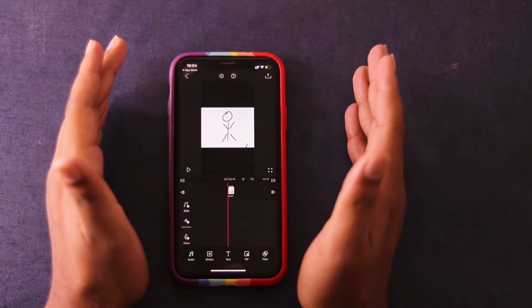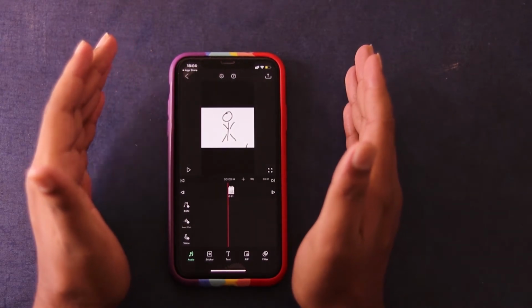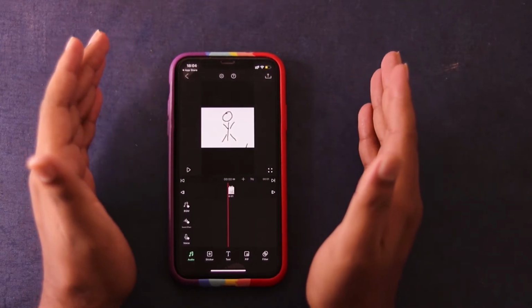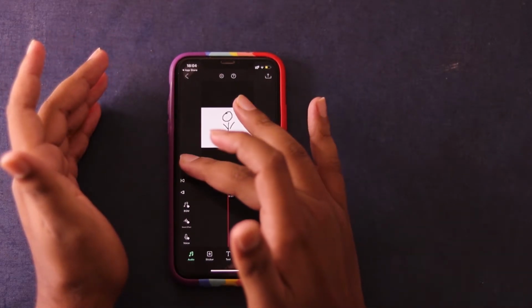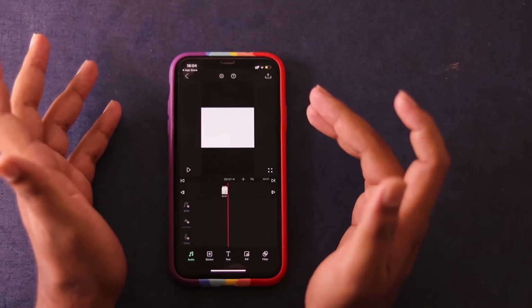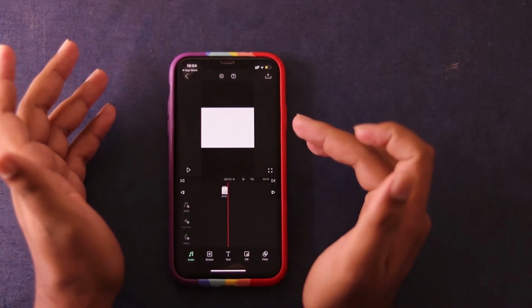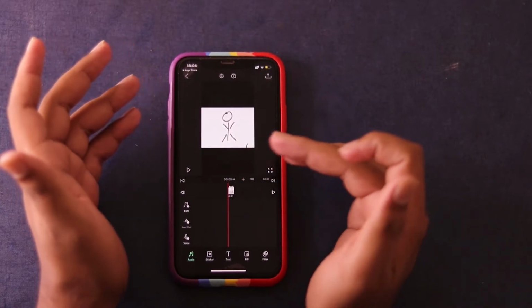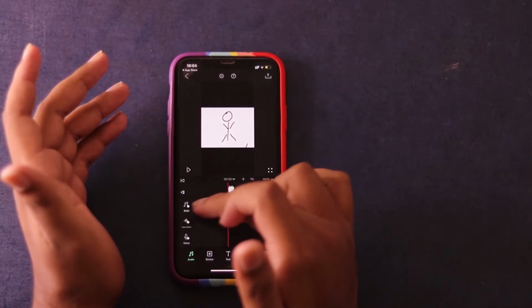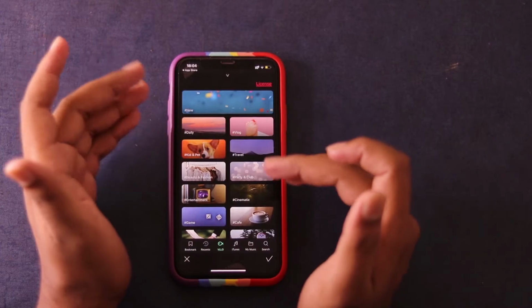You can see similar settings to any professional video editing app. So this is how all the settings go. Here is our clip. When you click play, it starts playing. It already has some sound. You can add more sound or more music as well. You just have a music icon over here. Just click on it and it opens music.